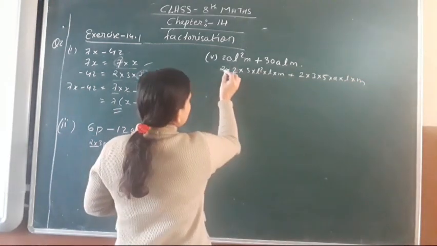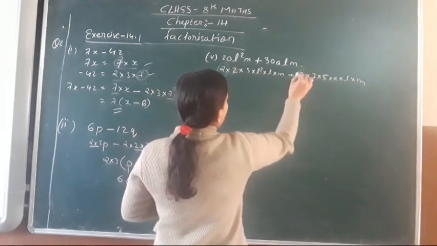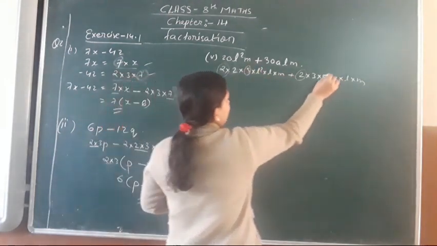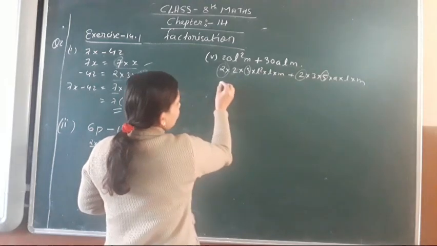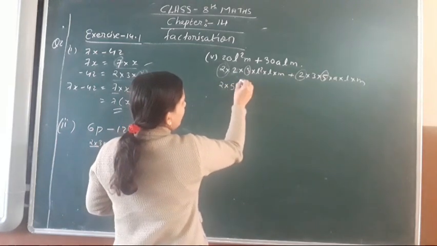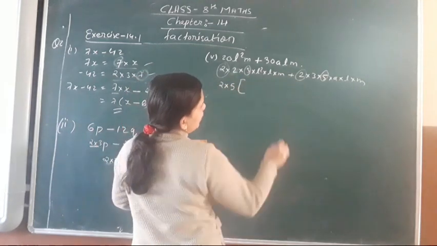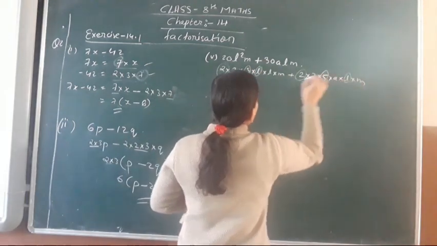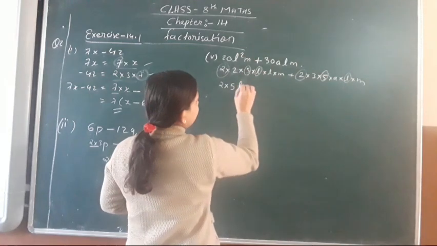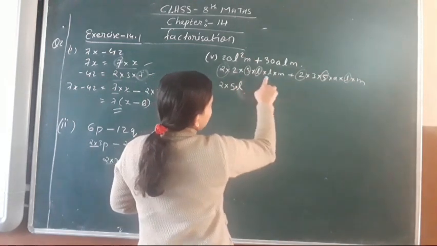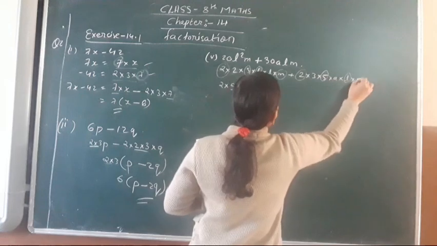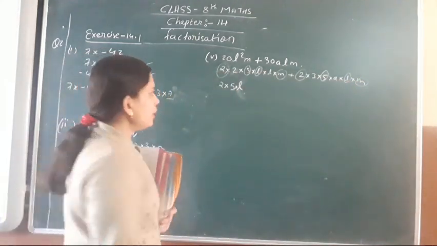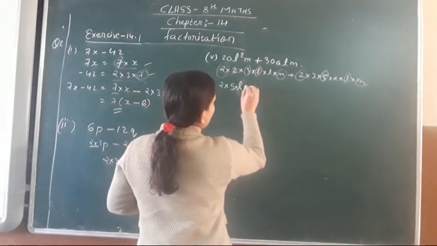Now you can see this, 2 is taken common as 2 is present in both the terms. 3 is not present in both the terms. 5 is present in both the terms, isn't it? So 2 into 5 can be taken common. Now l is present, l square still. So l is present in both the terms, we can take it as common, isn't it? Then is m present? Yes, m is also present in both the terms. Is a present in both the terms? A is not present in both the terms, so we cannot take a as common, isn't it?